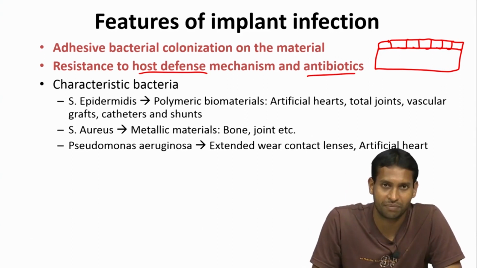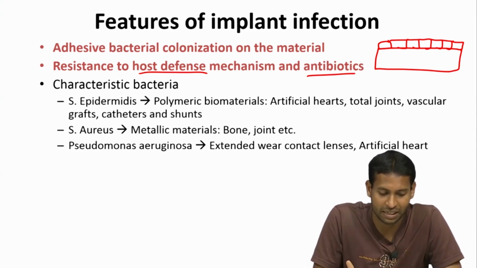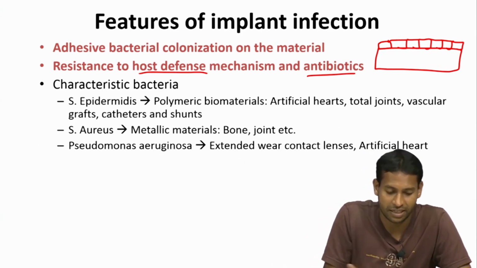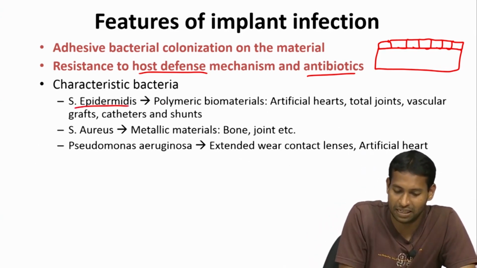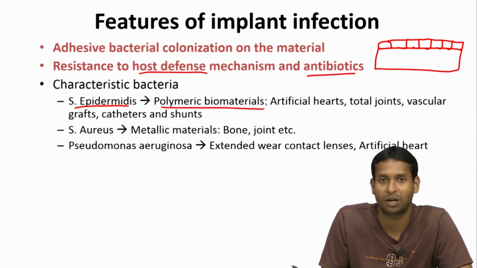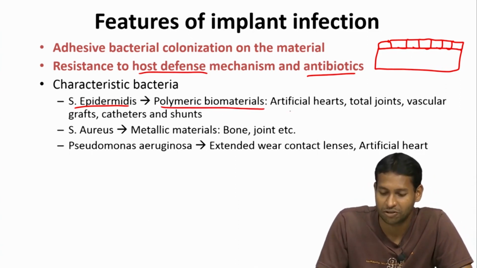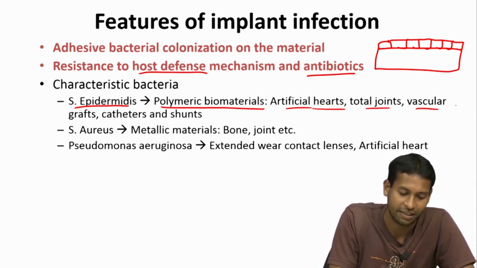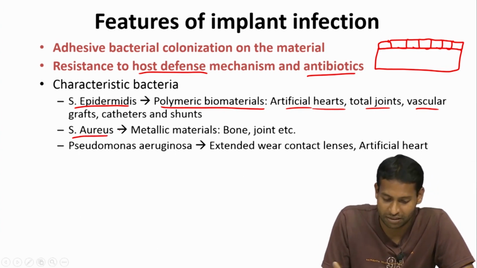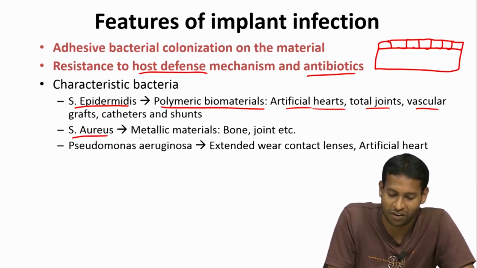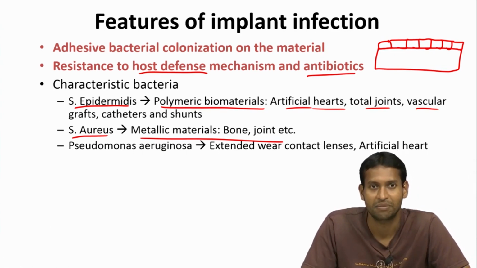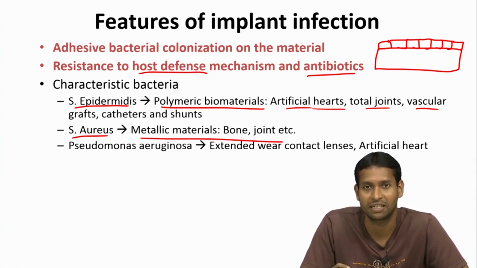And so again we briefly talked about it, but there are certain characteristic bacteria for certain types of implants. S. epidermidis, you will typically see quite a lot of polymeric implants getting infected. This could be an artificial heart, joints, vascular grafts and things like that. And then you have Staphylococcus aureus, which is very heavily found in any kind of metallic implants. It can also infect other implants, but this is just some of the predominance that is seen in terms of